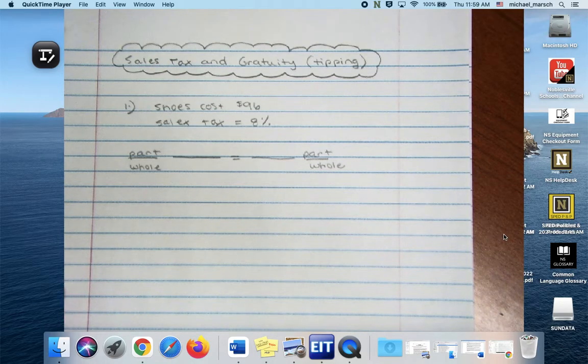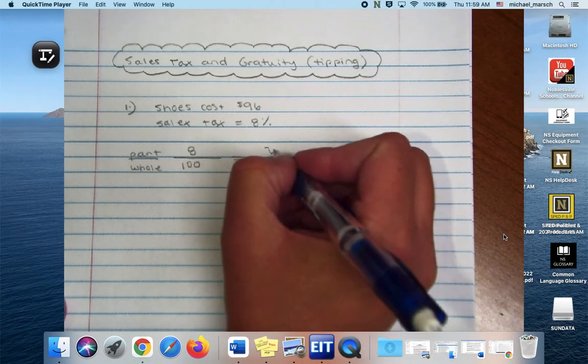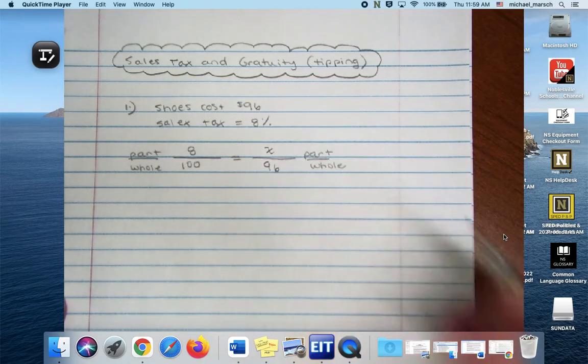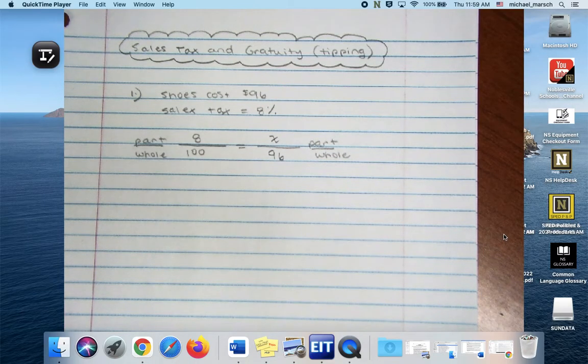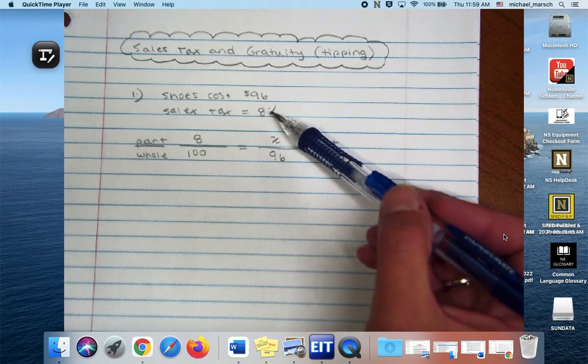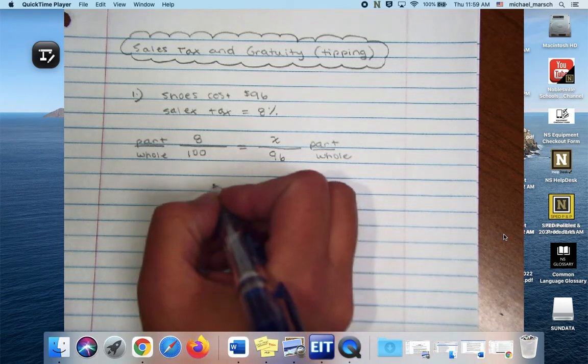Do you put it in the same place? Yep. So we're going to try to find 8%. And we're trying to find what is 8% of 96. So we're doing pretty much the exact same thing as discounts, right? The only catch is that I don't subtract this from my new total, I add it. So I'm going to end up with